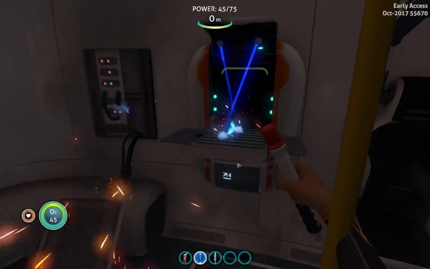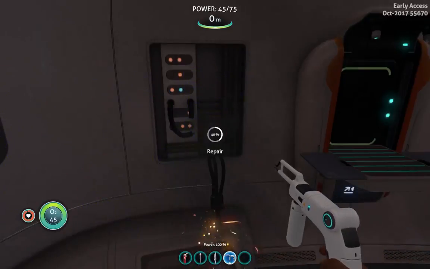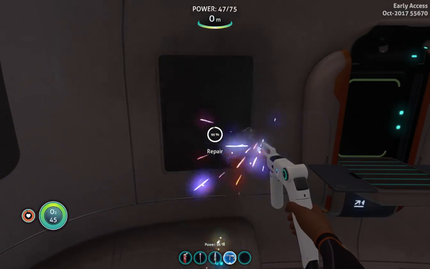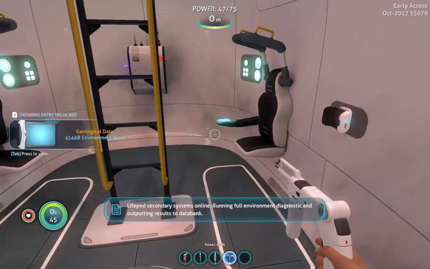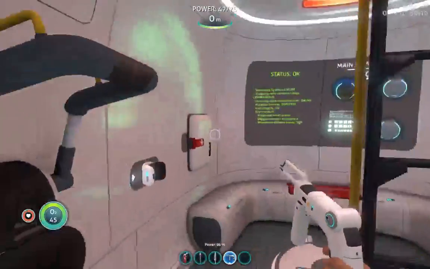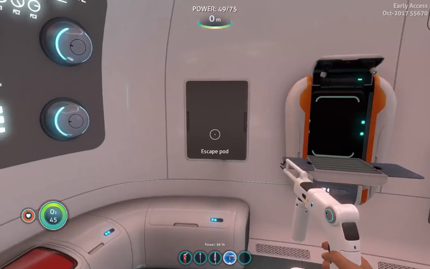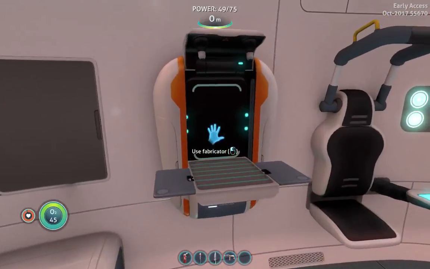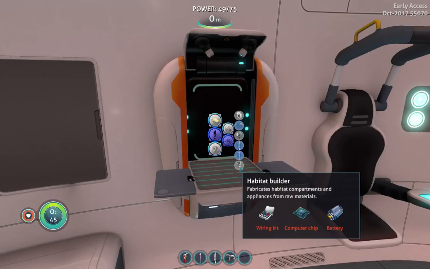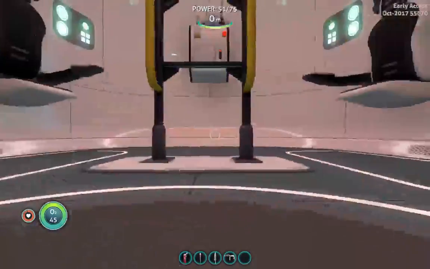Right, repair tool. Right, we should be able to now repair this. Ooh, yeah, nice. So our escape pod is now fully operational. There's not much we can really do in here, but they are fully operational. Right, now we need a habitat builder. Sounds like an idea. Also need some more O2 tanks, because I can't keep going on with the...